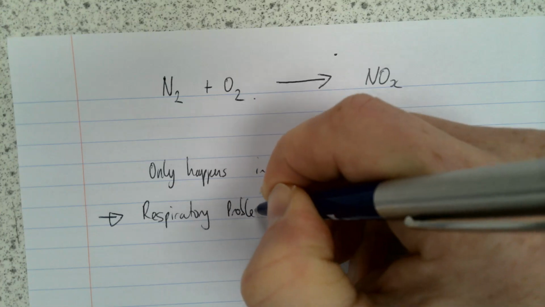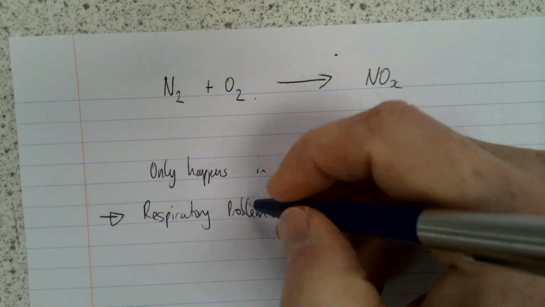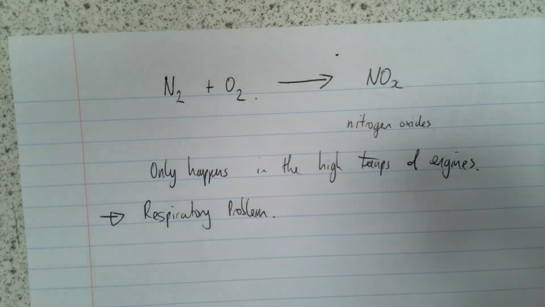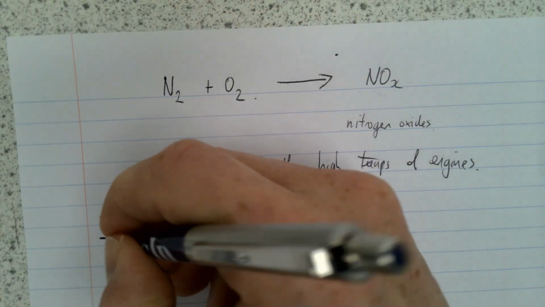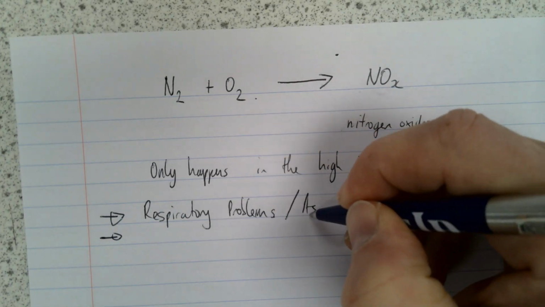There are lots of studies done in areas, say Birmingham might be a good example, or other big cities where you've got motorways or major roads travelling really close to schools in particular, and the levels of asthma are really high in areas where people are living and working, and particularly school kids right next to these roads. It's why things like congestion charges are happening, people trying to find ways of reducing the nitrogen oxides produced by diesel cars, for example. So respiratory problems, asthma, I'll try and spell it right.